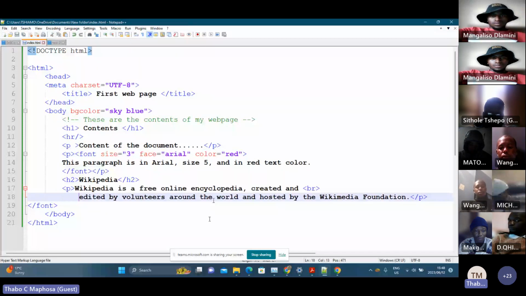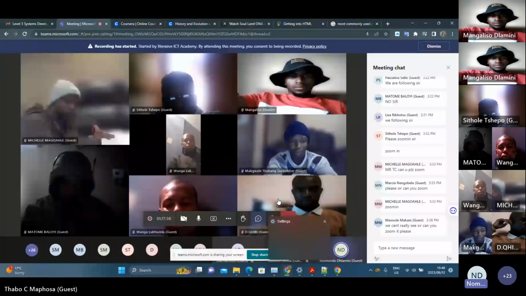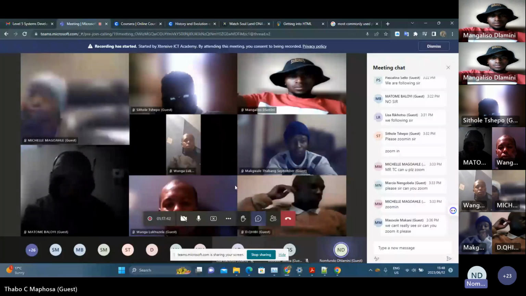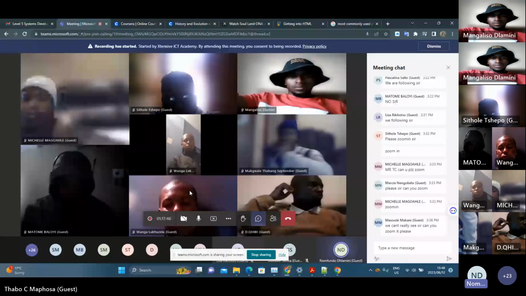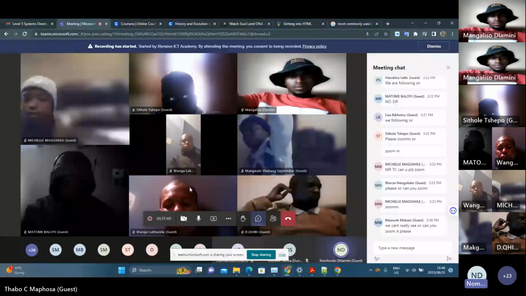So now, as I said, yes, I was not aware that you can actually just write colors. Sorry, I raised my hand. No, when we did it last year, we were using codes. You see the background color, your background color is sky blue, right? Yes. Last year we'd use codes like, was it #00? You know, those kinds of codes that set a color.